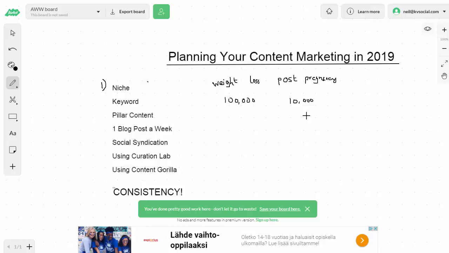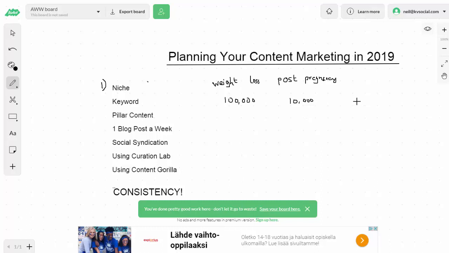But if you want to rank for that keyword, it'll take you a couple of months, 3 months, but you will be on page 1 fairly quickly with that search volume. So congratulations. But I know people who want to be on page 1 even faster, right? How do you do that?